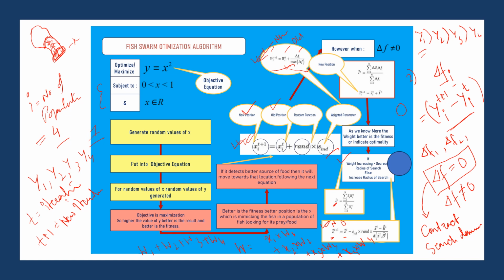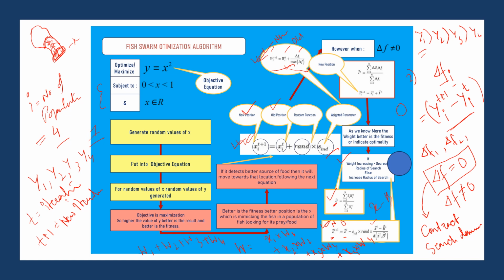But in this case, when we want to increase the search domain, what we do is we are adding the product of the random value and the weight parameter, and the subtraction of this b value from the current value of x. That means x minus b